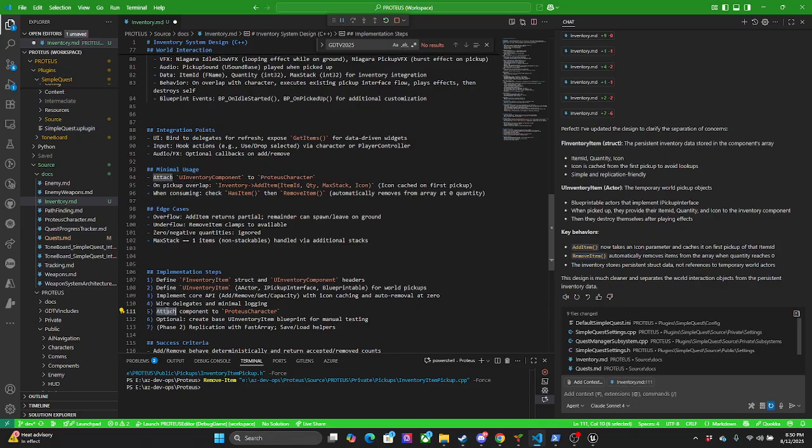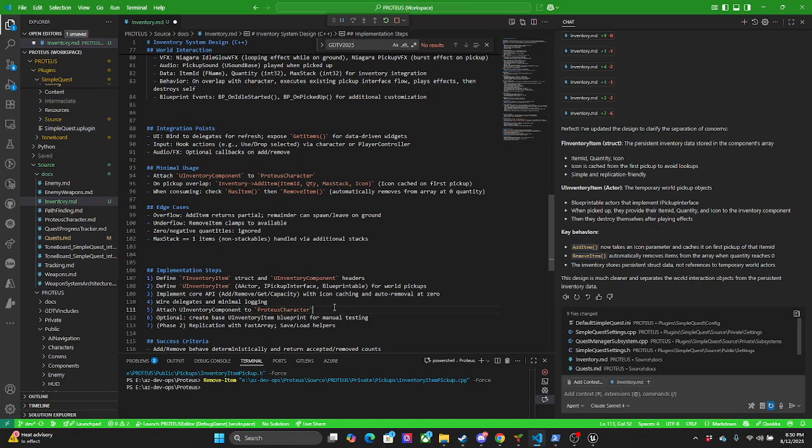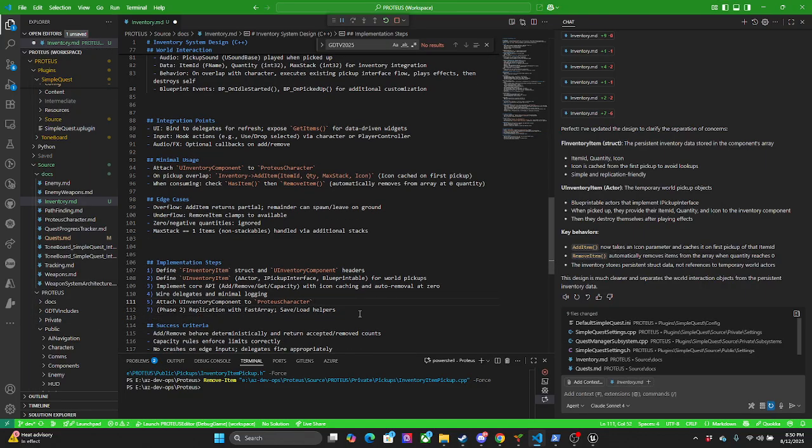Oh, attach the inventory component. No, we don't need replication.